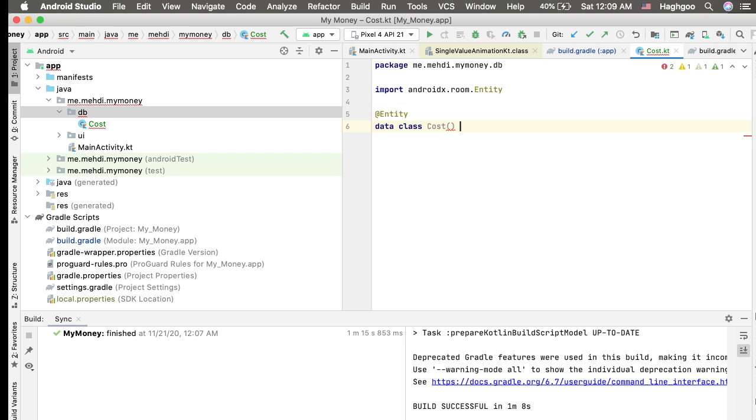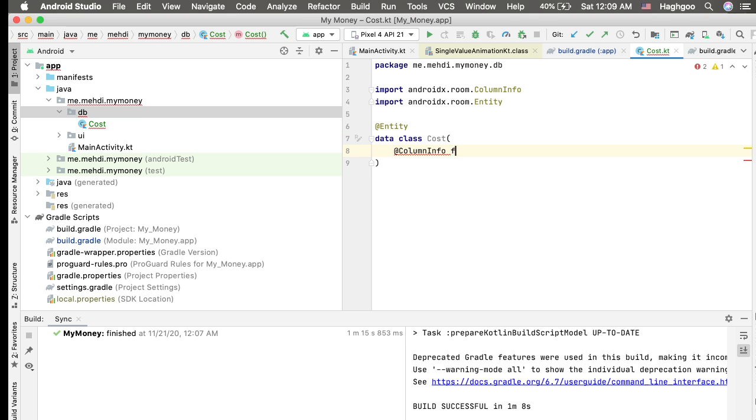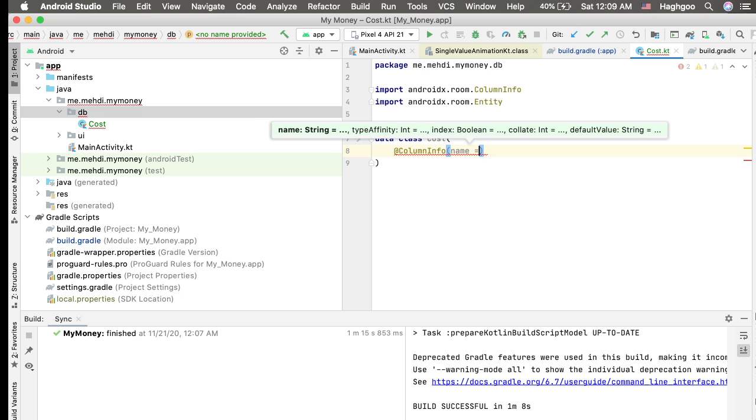All right, we need to specify column info. This is the annotation for each column that we have for our table. And then column info, cost ID, column info name, I name it cost ID,